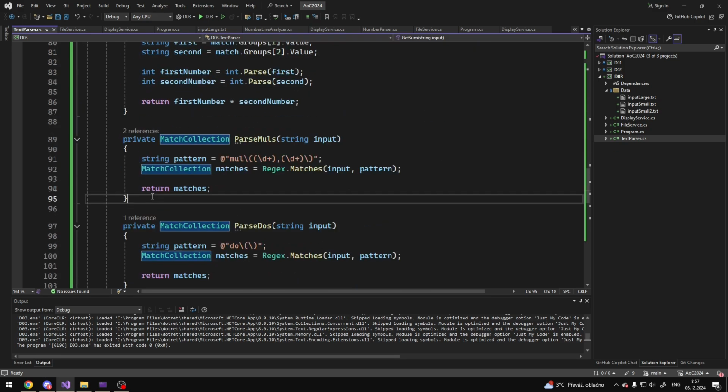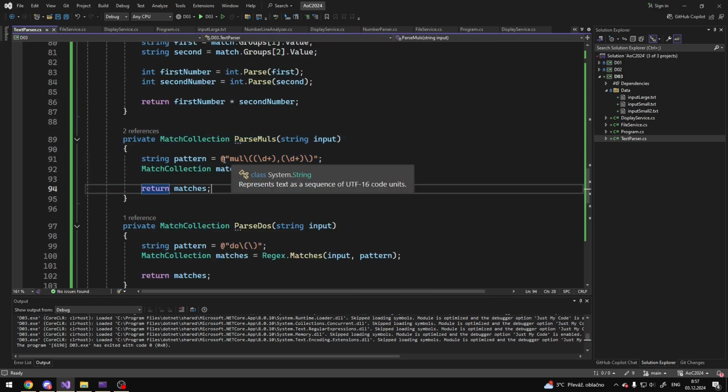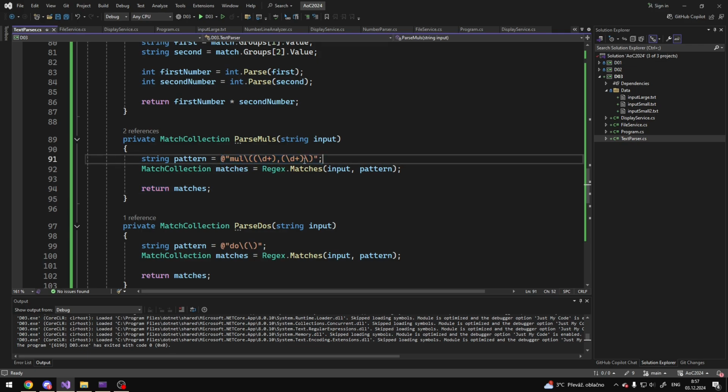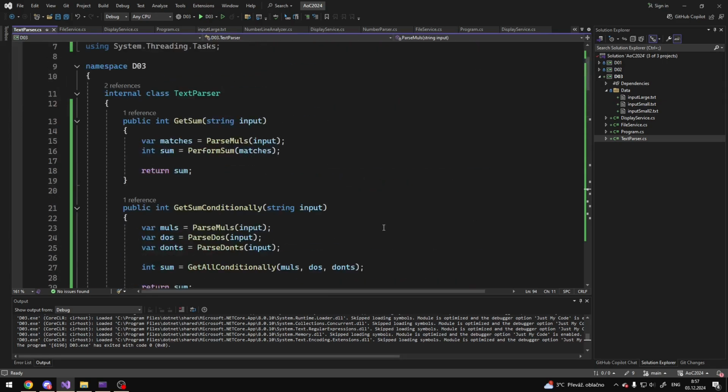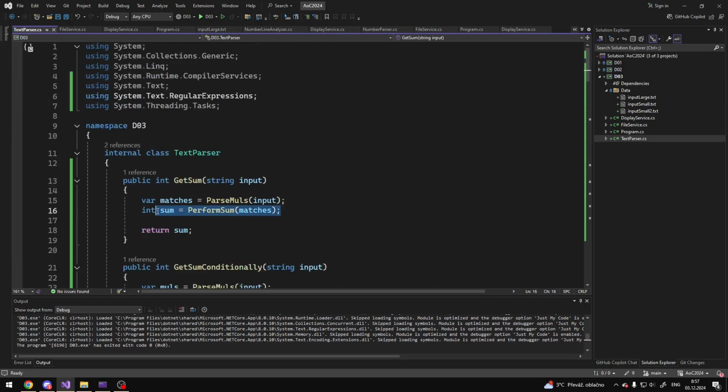It looks like that. It's just parsing by regular expression. I specify the pattern. Then you get a match collection, where you have all occurrences of this regular expression. It returns the matches, and then it performs the sum,